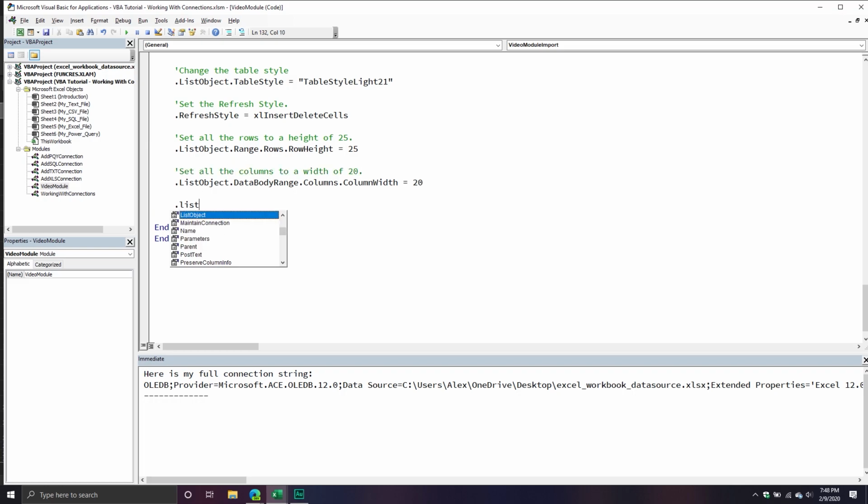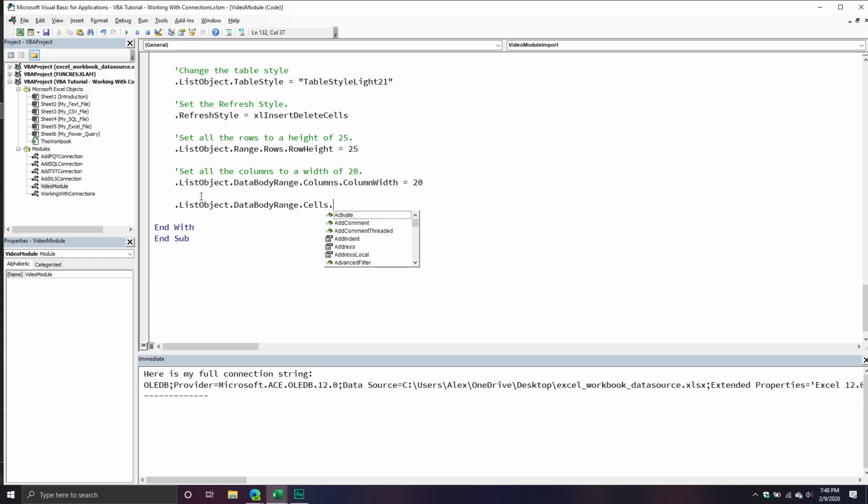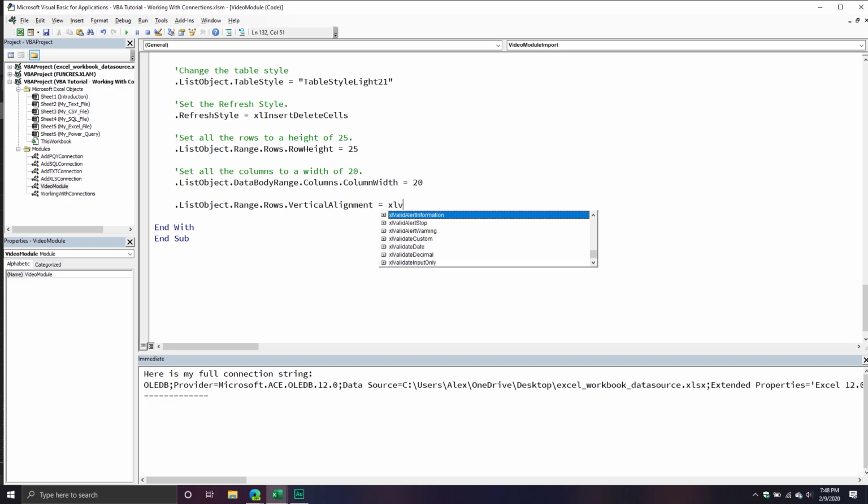And I think there's other stuff you can do too, like data body range, cells, and then, where is it? There's a line, vertical alignment. There's stuff like that you can do. What I would probably do is just do this one and see if that works fine. Again, I've never actually done vertical alignment, so I'm not positive it's gonna work perfectly, but we'll see. So if I do dot vertical alignment equals Excel vertical